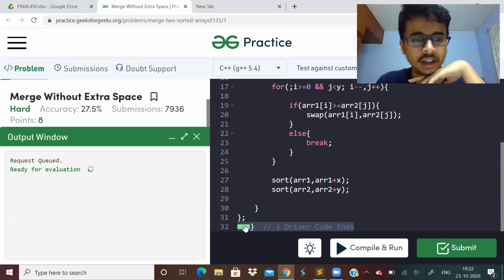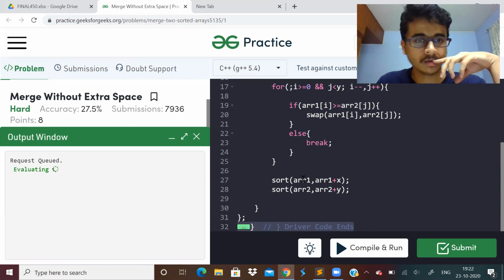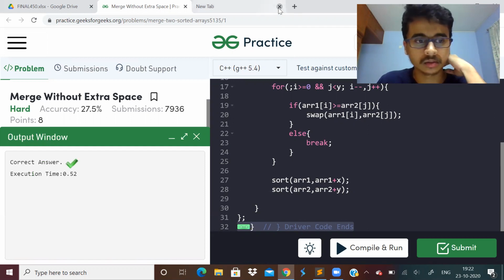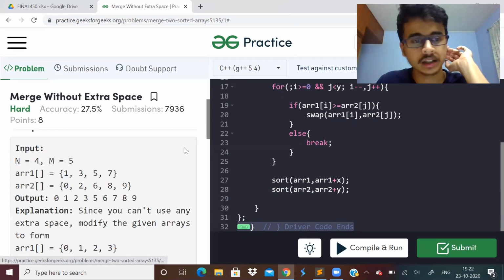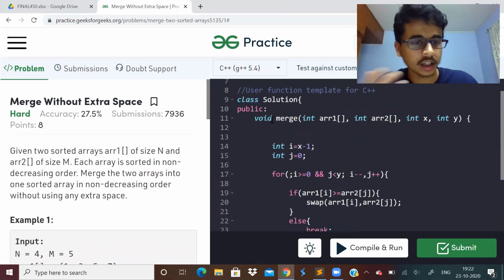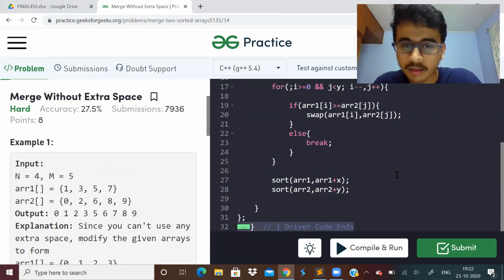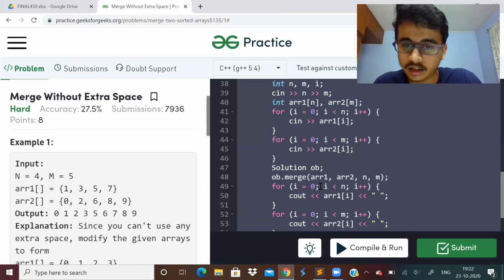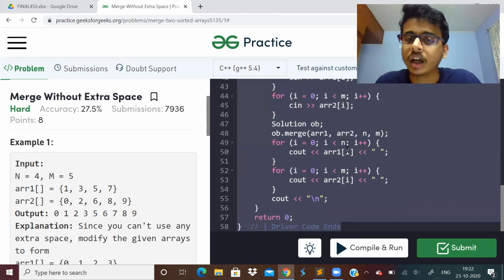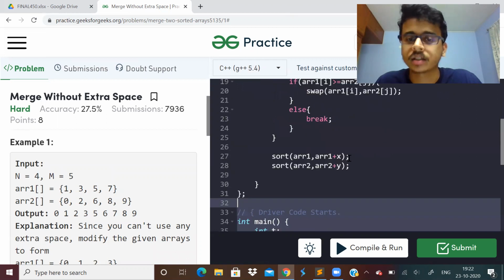I'm also confused over here a little bit, but this approach is correct. So yeah, it is correct. This question was a little misleading. I mean, what to return, I did not understand because output was something else. Or maybe they are only outputting that. Yeah, so they are only outputting. So we don't have to do anything. We have to just sort the arrays and leave it like that only.